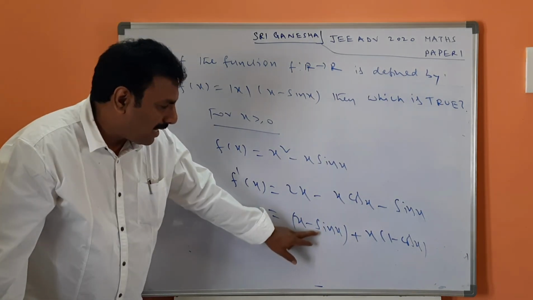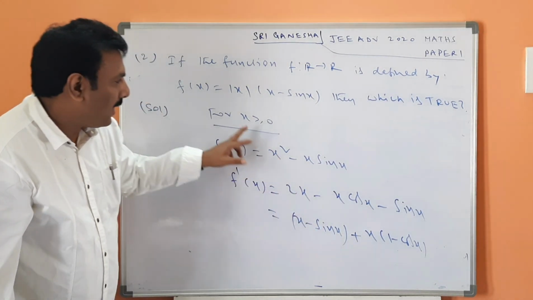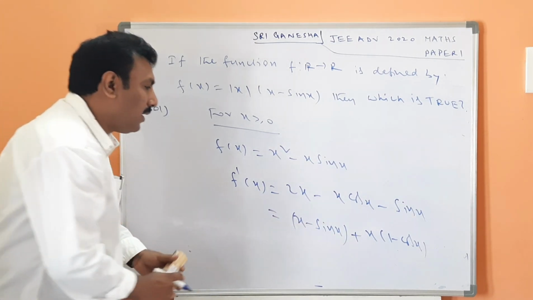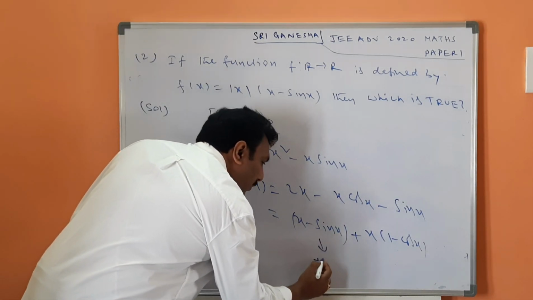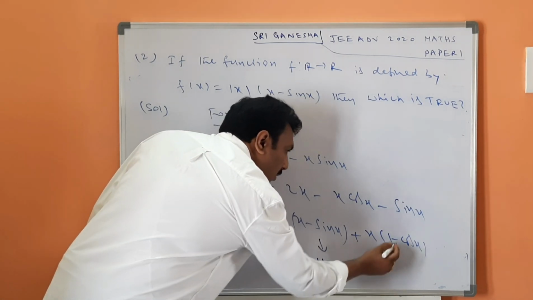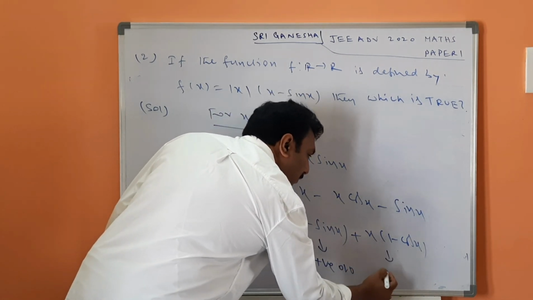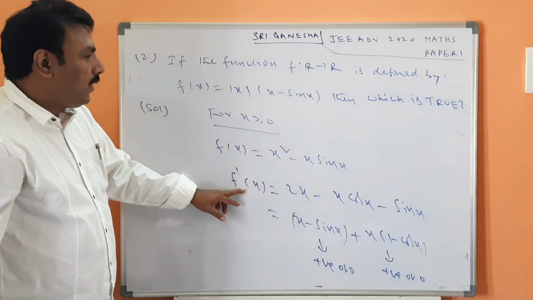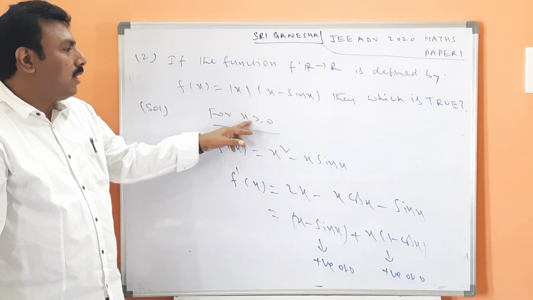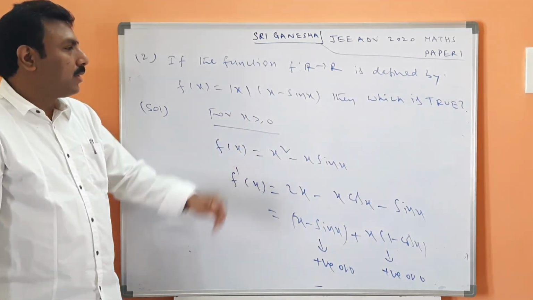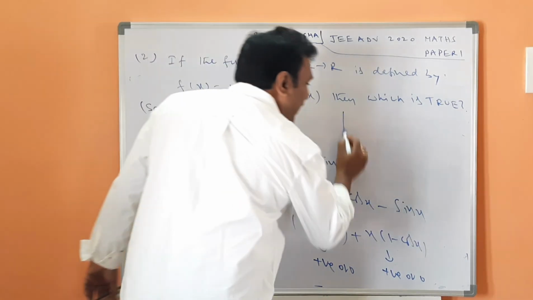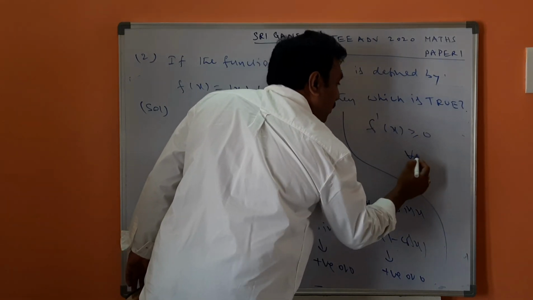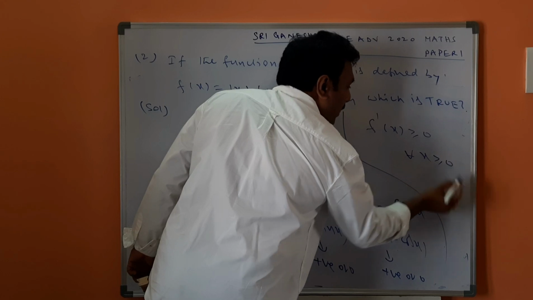So clearly x minus sin x is always positive. For x positive, sin x is less than x, you know already the result. So it is positive or 0. This is also positive or 0. So finally, the derivative is more than or equal to 0 for all x belongs to closed 0 to infinity. So let me write here. Derivative is more than or equal to 0 for all x more than or equal to 0.